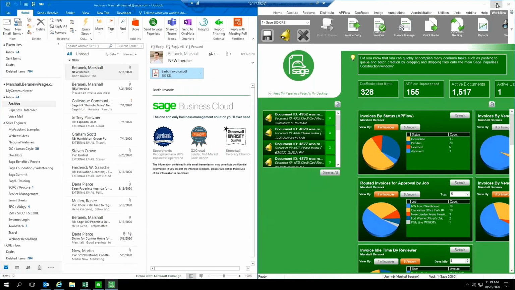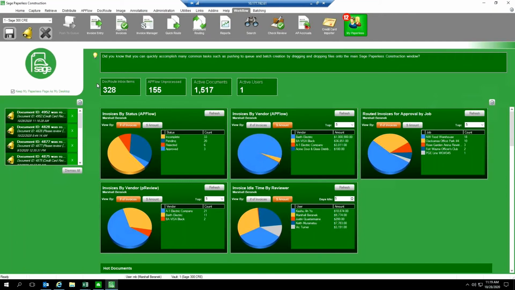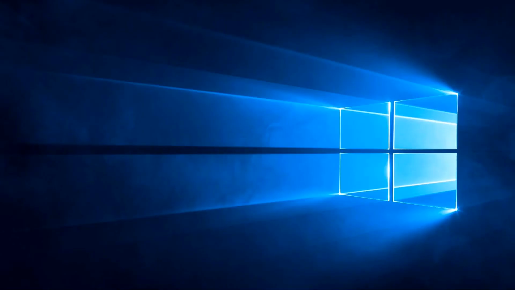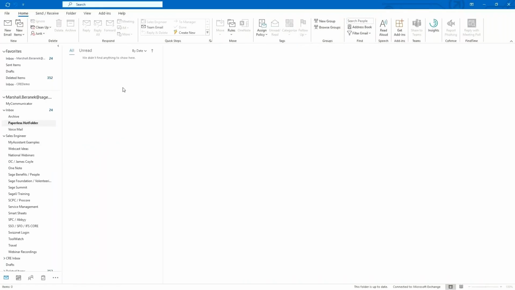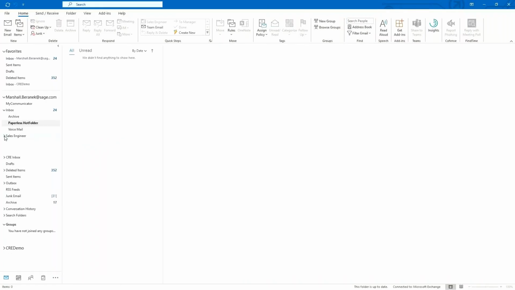Let me go ahead and highlight the other way that I was going to do it today, which is a little bit more significant if you ask me. So what we're going to do here is highlight a different way that we can capture these documents. When I drag over my email here, notice how underneath my inbox on the left-hand side, we have a